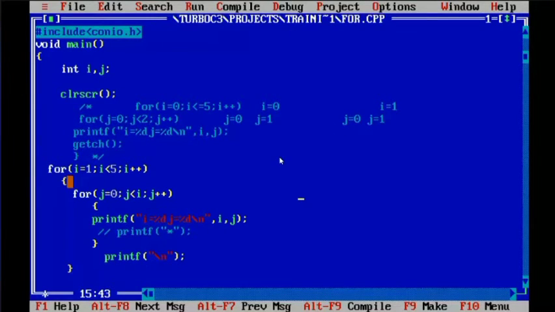See, one more thing. Here we have not given any specific value for j. What we have used here is the terminating condition of j as i. What is the significance of that? Can any one of you tell me? Let us trace quickly. We are taking i's first value blindly.